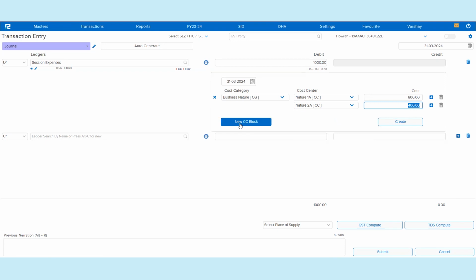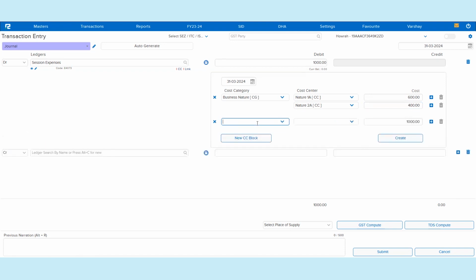Then again, we can click on this new block, and then you can update any other cost categories and the related cost centers as per your requirement. So these are the two ways you can feed in the cost center details in the entry